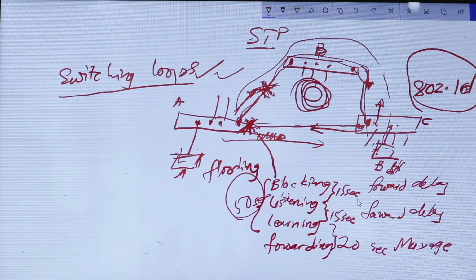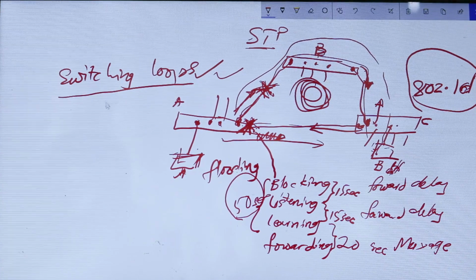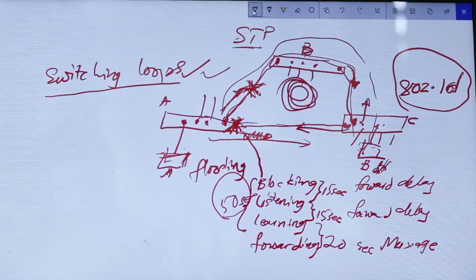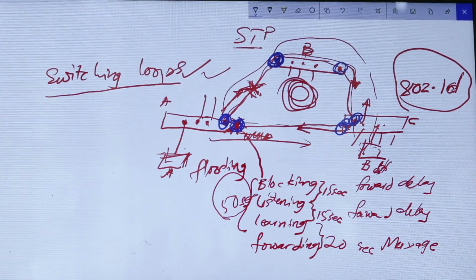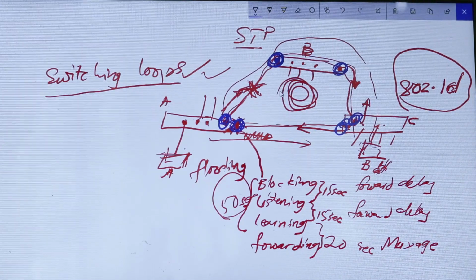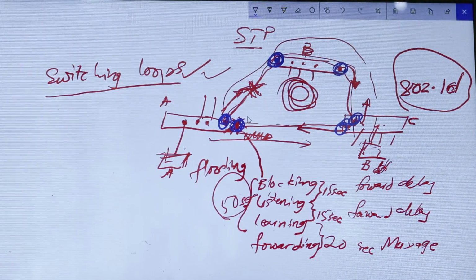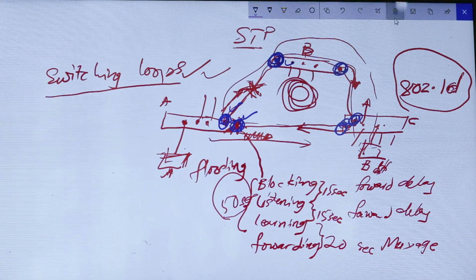Now we are coming to look at STP operations. How does it choose a port to block? If you look at this topology here, these are the ports taking part in STP: 1, 2, 3, 4, 5, and 6. How does STP choose a port to block? Is it this port? This one? How does it do that? That brings us to another topic, STP operations.